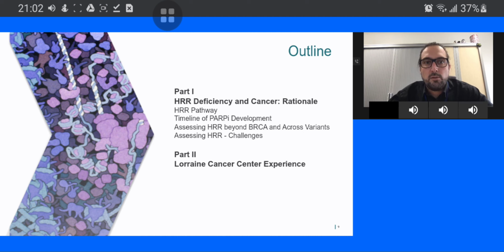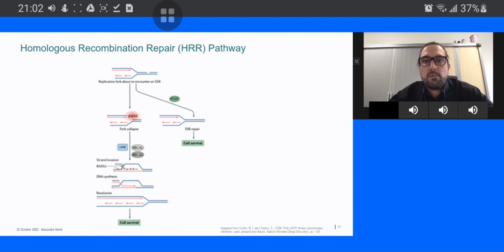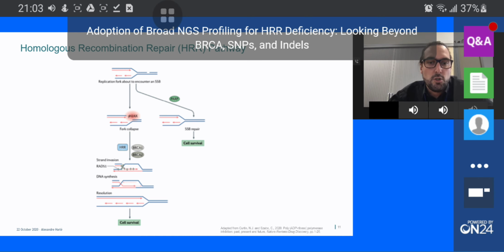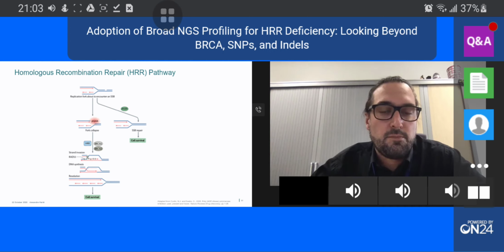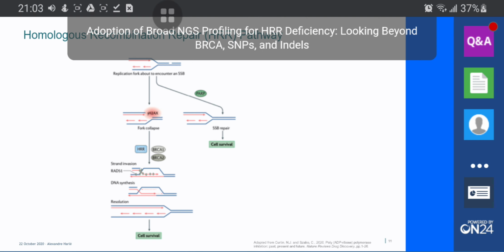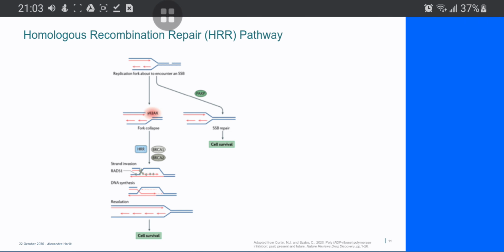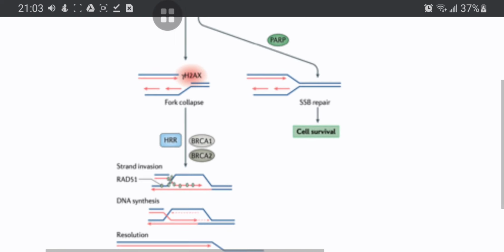So as you probably know, the homologous recombination repair, HRR pathway, is present in all our cells to repair single or double strand breaks in the DNA. And when we have this kind of alteration in the cell, we have this very accurate system that is able to repair the DNA by using the second copy of the gene that is still intact, with no mistake, with no breaks. And so this system is very accurate and is able, using proteins like BRCA1 or BRCA2